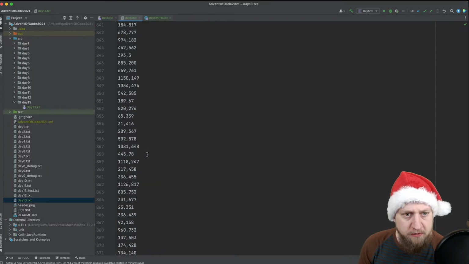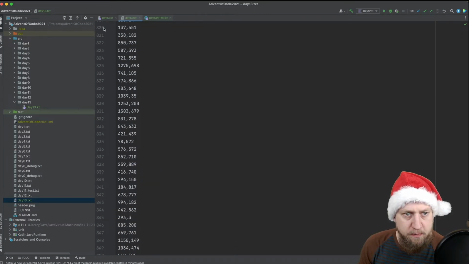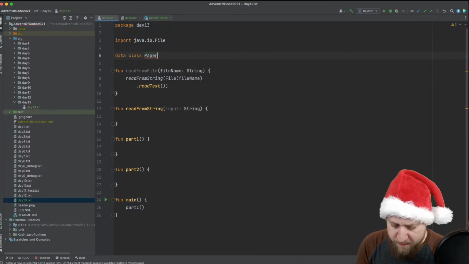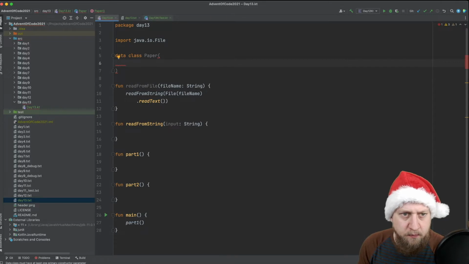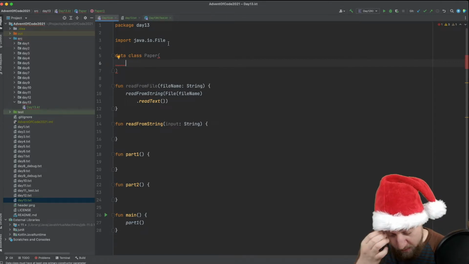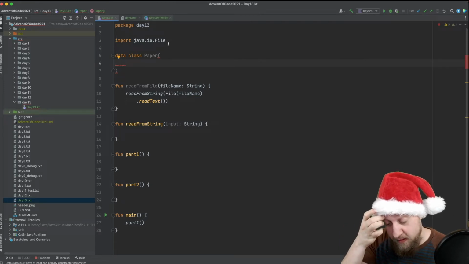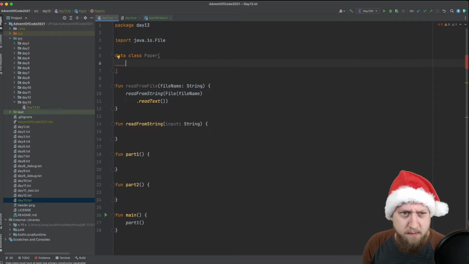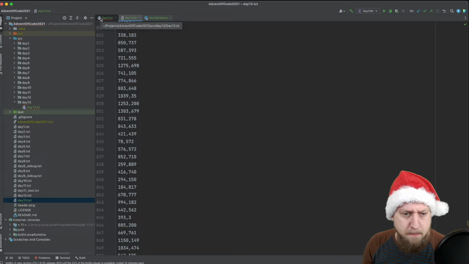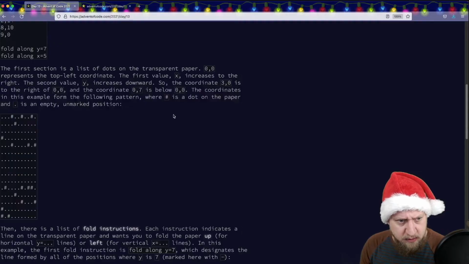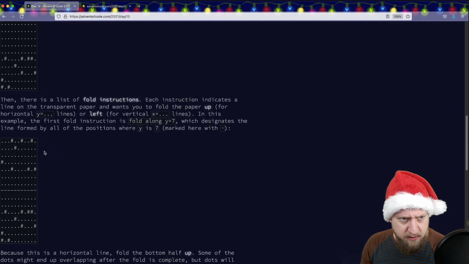So we have 2 types of instructions and this paper. How would we model this as a class? So let's say we have a paper data class and we need all those points, and yeah, we do not want to keep track of all points, I guess, because that maybe is unnecessary. We just need to remember the actual points. And then once we fold the paper, that is something